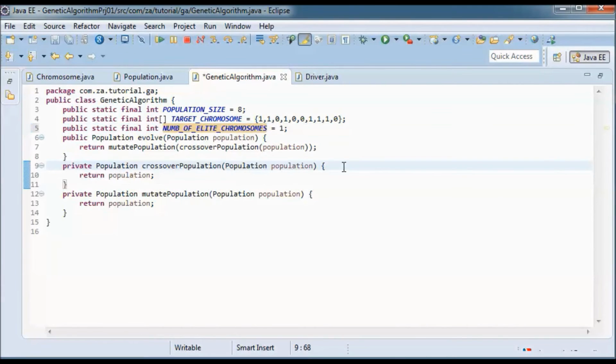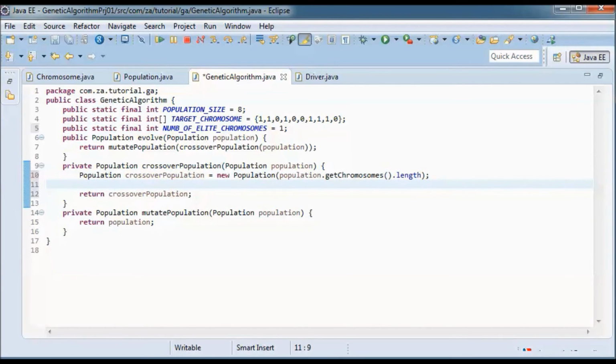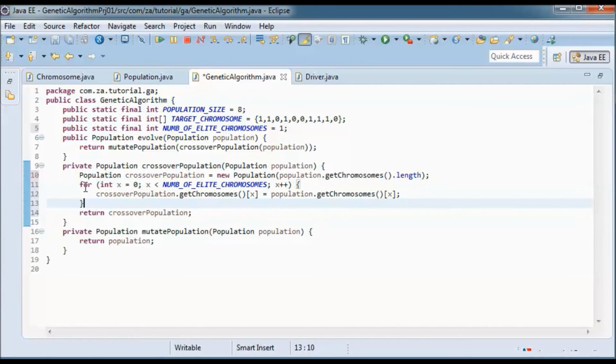So in crossover population, let me define this crossover population, a new population of the length of the previous population, and let's go ahead and return this crossover population, and let's exclude those elite chromosomes from crossover and mutation, so they will move as is to the new population.